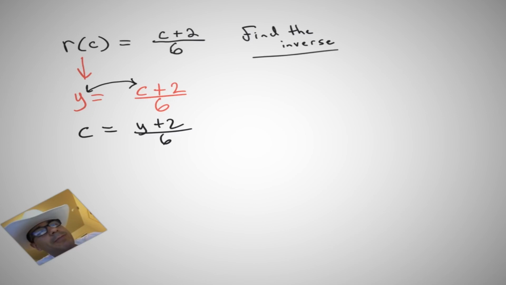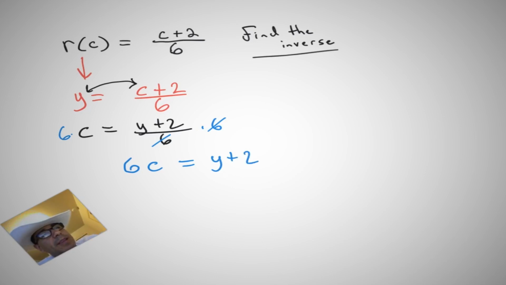Now we're getting somewhere. Let's solve for y. That's right. Multiply both sides by 6. So now you have 6c equals y plus 2. And then we're solving for y, so go ahead and subtract 2 from both sides. Bam, so we're left with 6c minus 2